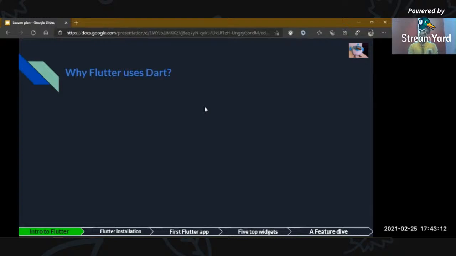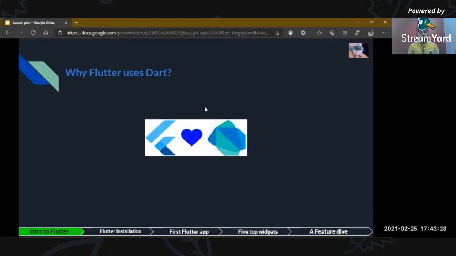Since Flutter is a UI toolkit, for working with the business logic in our code, the Dart language is used with Flutter. So why? As you can see, Flutter loves Dart. It is well proved that Flutter loves Dart.